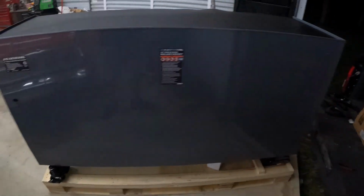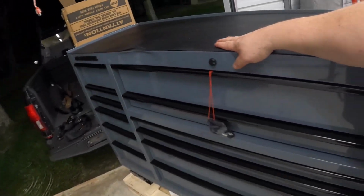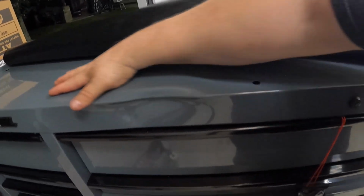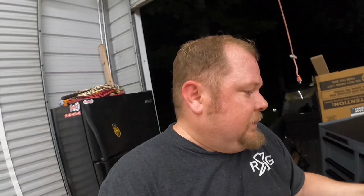Everything else looks fine. I wish that was on the back, but it's not. It's right in the front. It's right here, right where everybody can see it. Right where there's a raised spot now. And, oh, what a bonehead. Like I said, what a shit show. I'll stop cursing, but